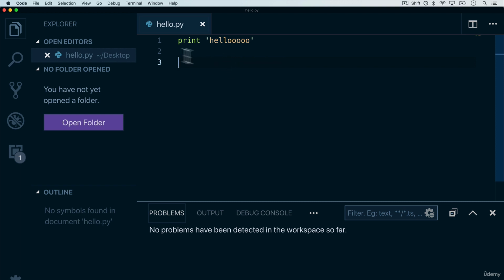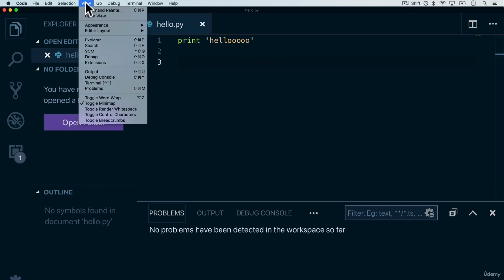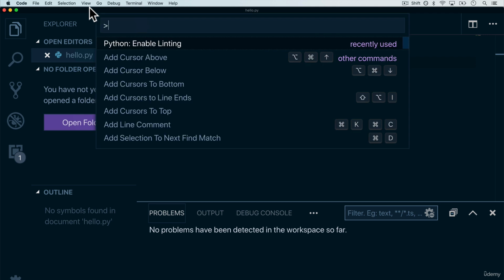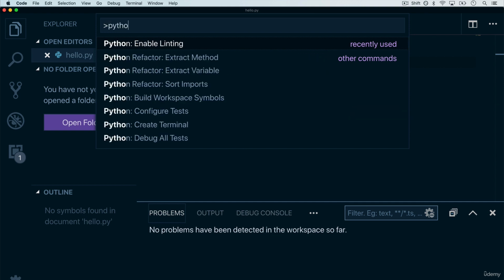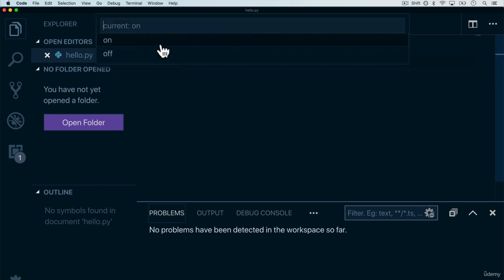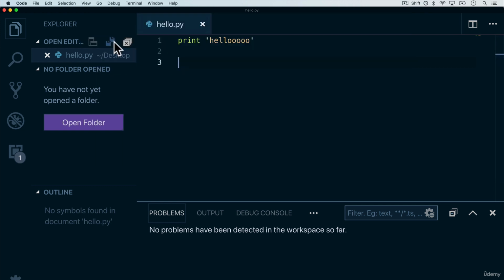So what we want to do here is go to View, Command Palette, and we see right away that it says Python enable linting. If I type Python here, the Python installer that we had at the beginning when we installed VS Code installed a whole bunch of shortcuts and tools for us to use, such as enable linting. So let's click on that, and I'm going to say on.